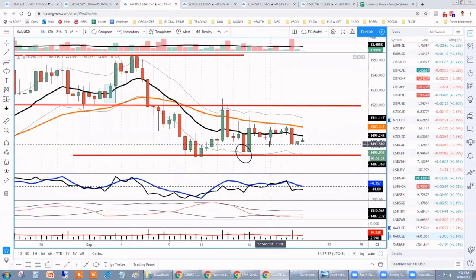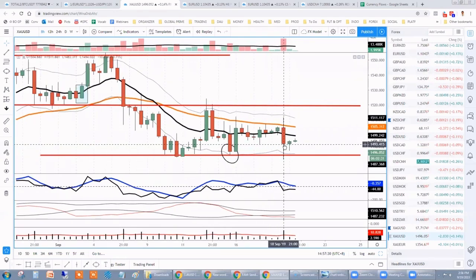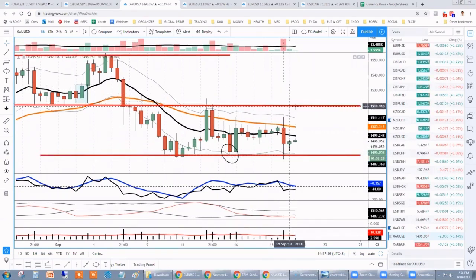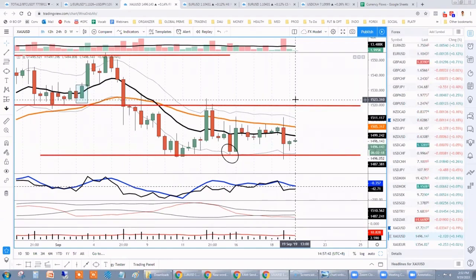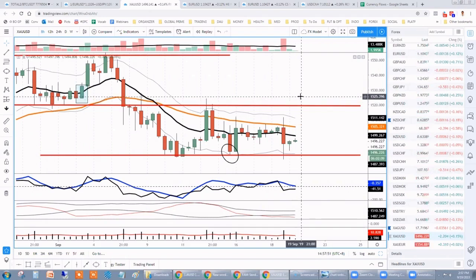So whenever we are in a range, you are going to have a hard time finding potential trades, unless it's going to be at the extreme of the range, either at the support level or at the top side at the resistance level. If you're a range trader, these are the markets that you want to be trading. If you are like me, a more trend following trader, this is a market that you want to stay away from. So that's just my